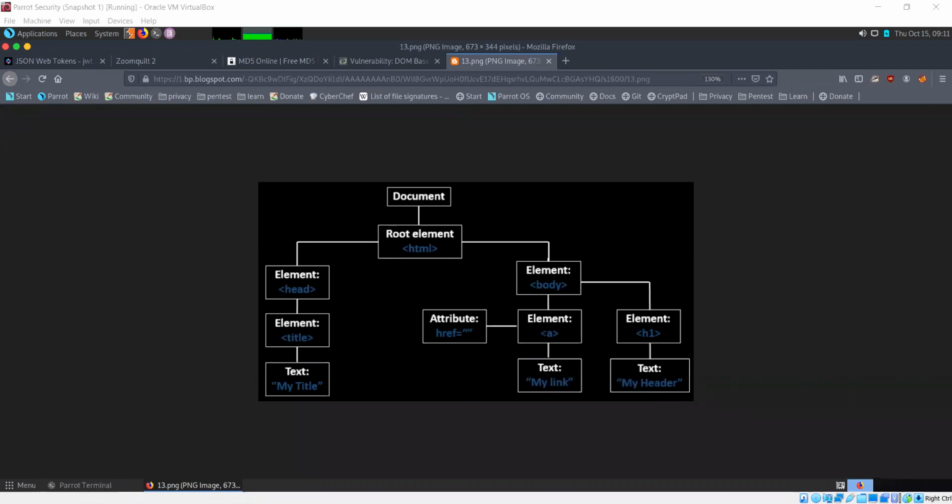Now, DOM-based cross-site scripting vulnerabilities usually happen when JavaScript takes data from an input field, usually the URL in the case of DOM-based cross-site scripting, and passes it to a JavaScript function which supports dynamic code execution. So this is again different from the previous cross-site scripting attacks.